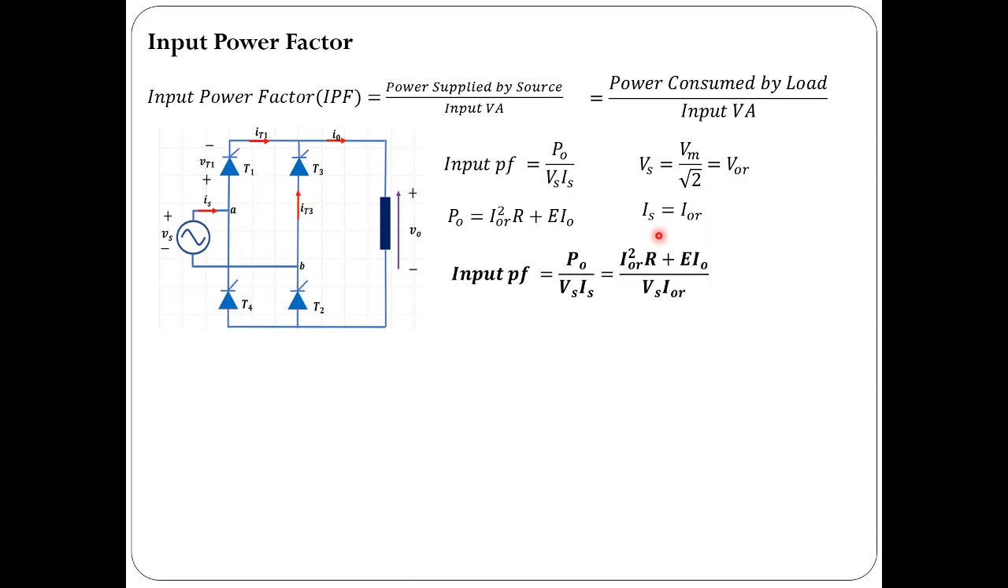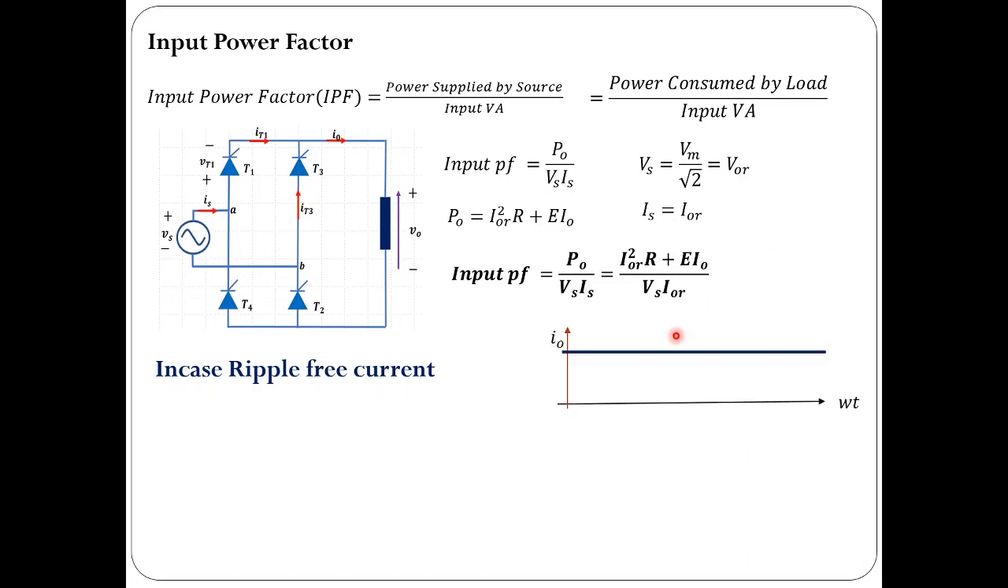So both are equal. Substitute these P naught, Vs and Is in the formula, and you get input power factor is equal to power absorbed by resistor plus power absorbed by battery by Vs into Is, where Is is equal to IOR. So this is the general formula to compute the input power factor for single phase full converter with continuous load current. Further, if I assume that inductance is very large and load current is almost ripple free,